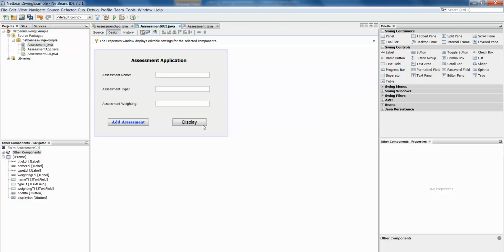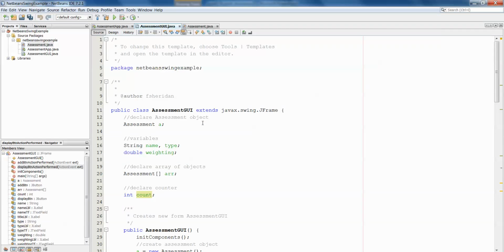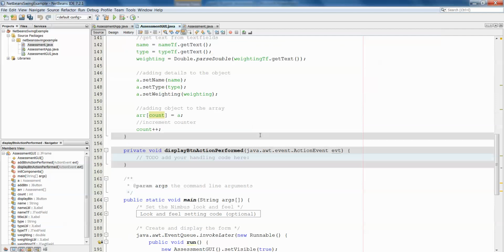Okay, and now when we double click this, we want it to print all of the details from the array of objects, of anything that's in there. So we'll double click this, and that then creates a method in my GUI class called displayBTNActionPerformed, which waits for an action event. Okay, and in here then we're simply going to loop through